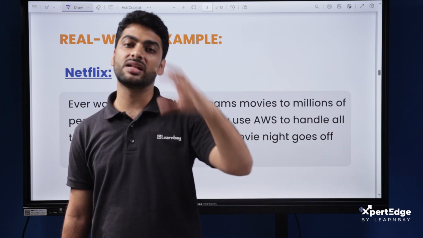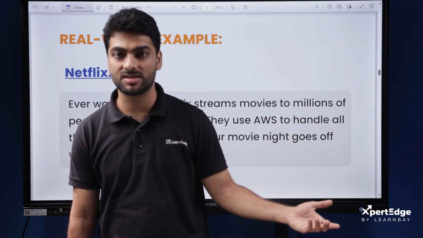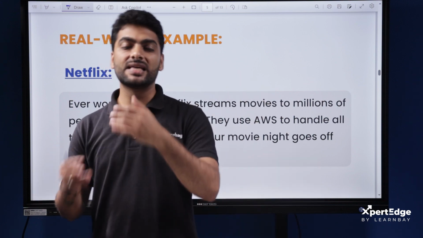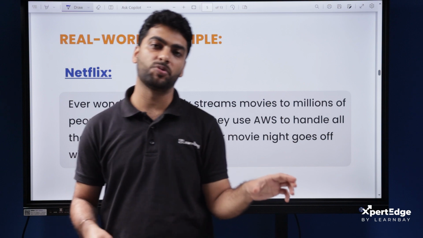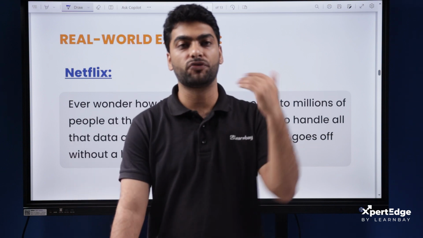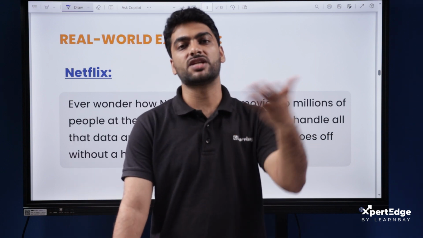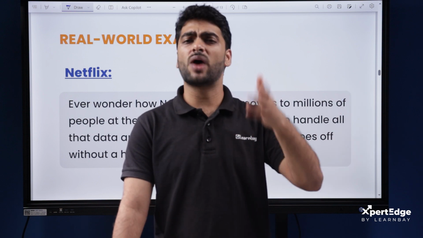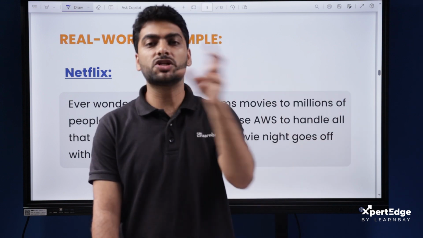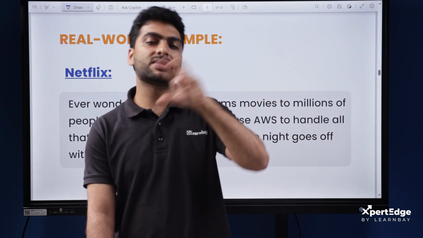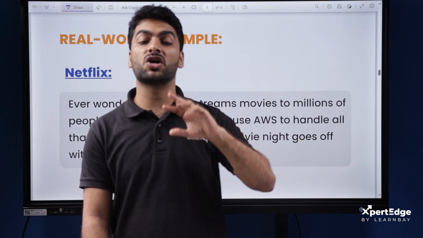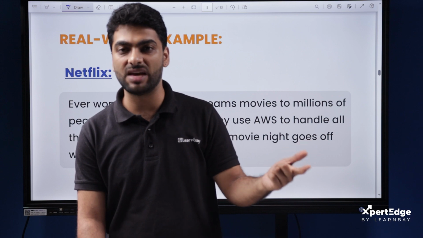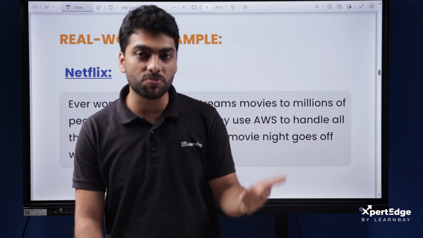That is giving it a glitch-free streaming experience, right? So Netflix is able to cater to such a huge consumer base because it is using AWS. Again, I gave you the example of how it shows you the movies and shows which you have watched, which you have liked in the past, how it shows you the similar genre, similar kind of movies, similar kind of shows, because it analyzes consumer behavior. It is able to understand consumer behavior.